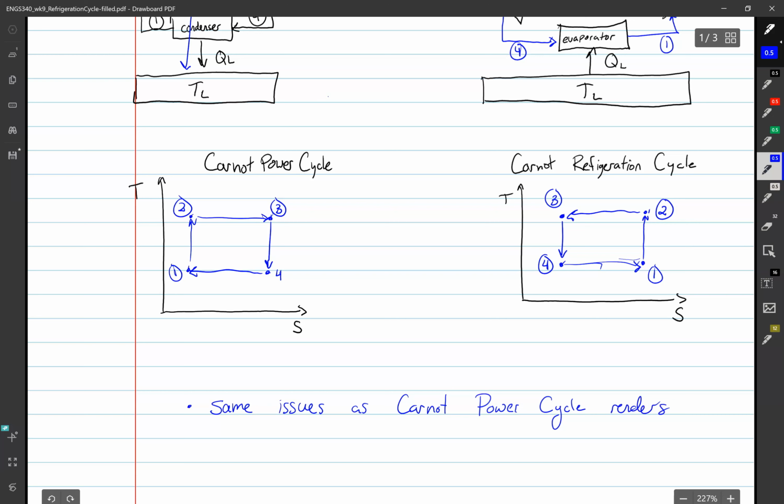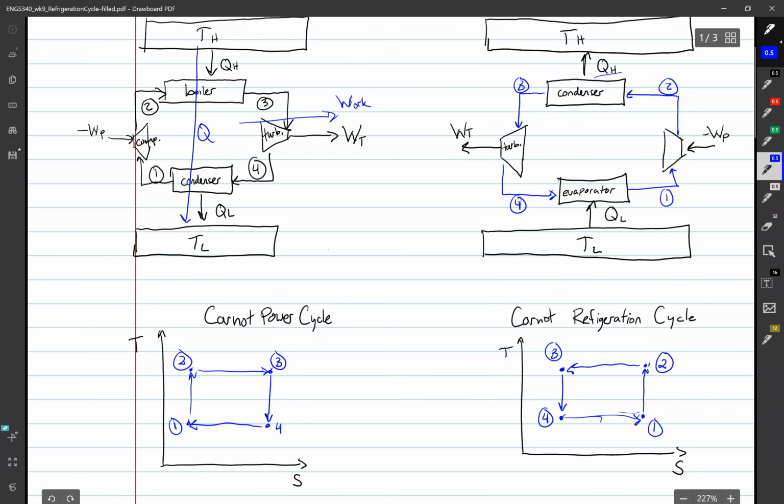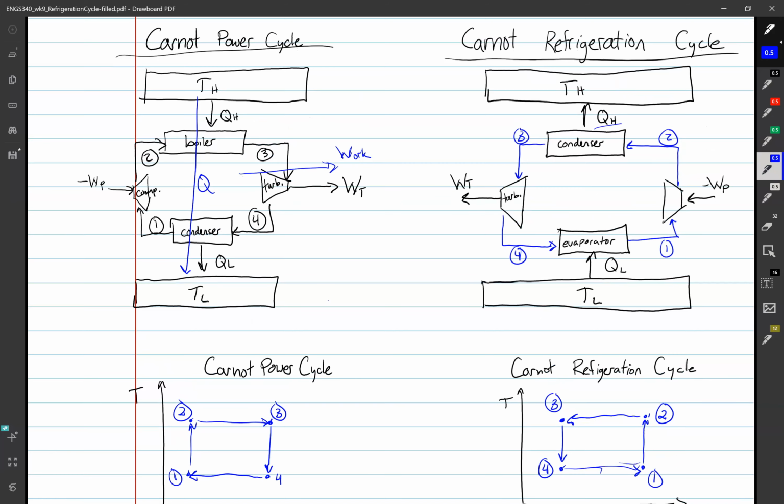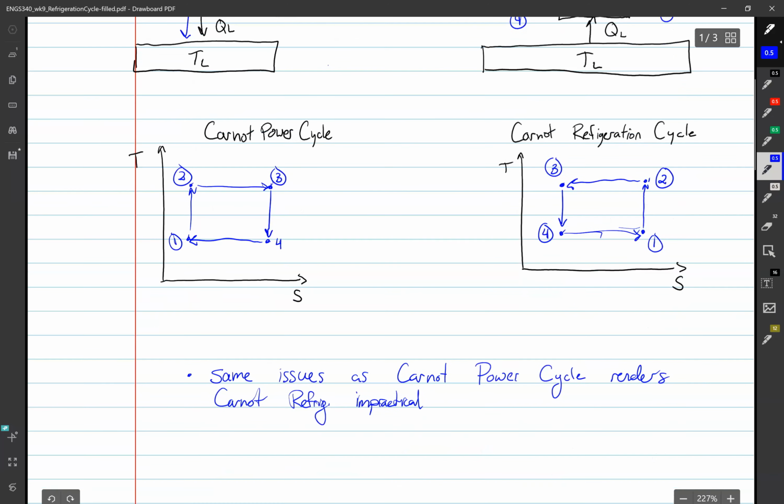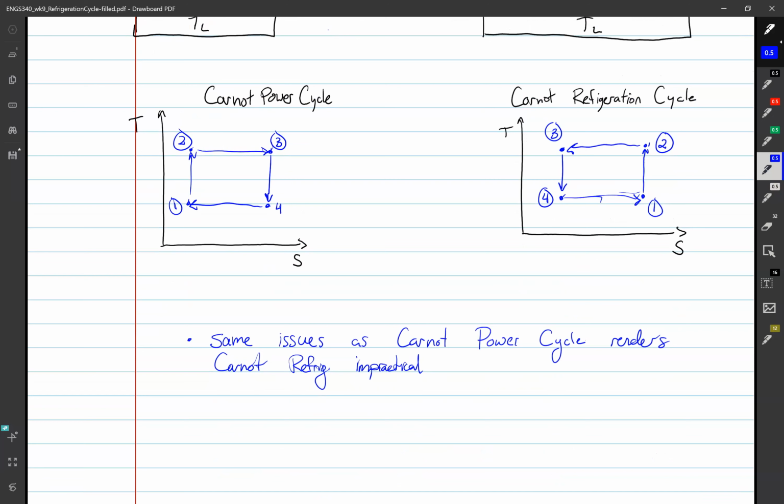And that renders the Carnot refrigeration impractical. Or at least if we were to try to design something like this, it would be very far from the Carnot power cycle because our turbine and our pump would not work very well. So we have some of the same issues that we would have with a Carnot refrigeration cycle that renders this impractical. And so similar to how in a Carnot power cycle we said, well, let's make some concessions to reality,